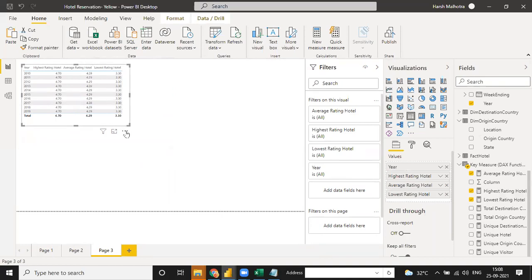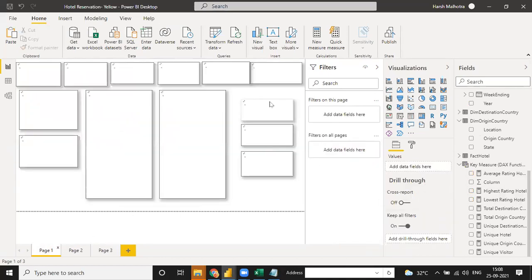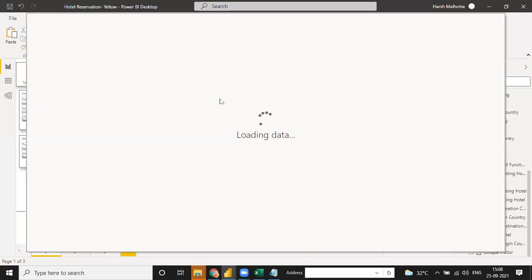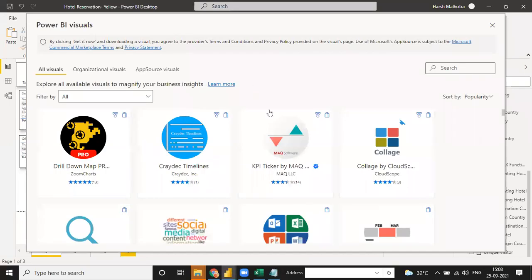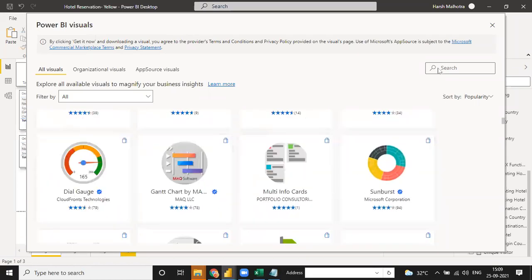So there is no need to scale down this column because this is not a good measure. You can just use a card only, because a card shows you a great measure, and for this card you have to use one more visualization. You can go to get more visuals. There is a star visualization option. I'm just loading a new visualization. In this we have multiple types of visualization, so I can use a ranking visualization.